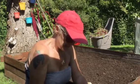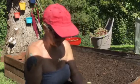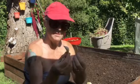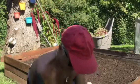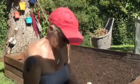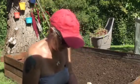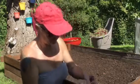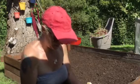See, I don't like throwing anything away, so that I'll probably throw away. That one is a bit bigger and thicker, so I might keep that and try it in a pot, because I wasn't going to grow any in pots this year, simply because they got totally waterlogged last year with the weather, even though the pots had a bit of wood underneath them to keep them off the ground. But the weather was just too